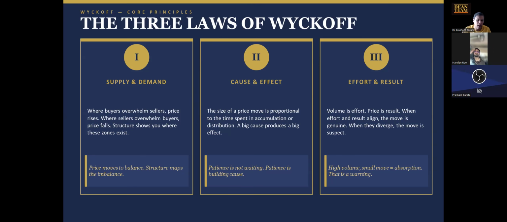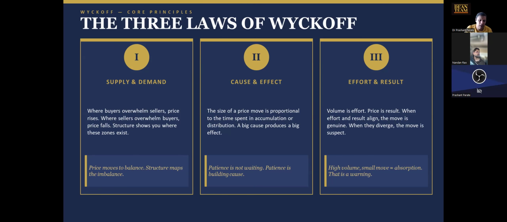That means there is a hidden divergence. Similarly, when prices go up and the volumes are very strong, but the close happens at some level which is not anticipated, then there is hidden selling going on. So when we understand these things, we can make better decisions whether demand is in more control or supply is in more control, whether there is adequate cause built for the result which we are expecting. Then we can take those trades with more conviction.